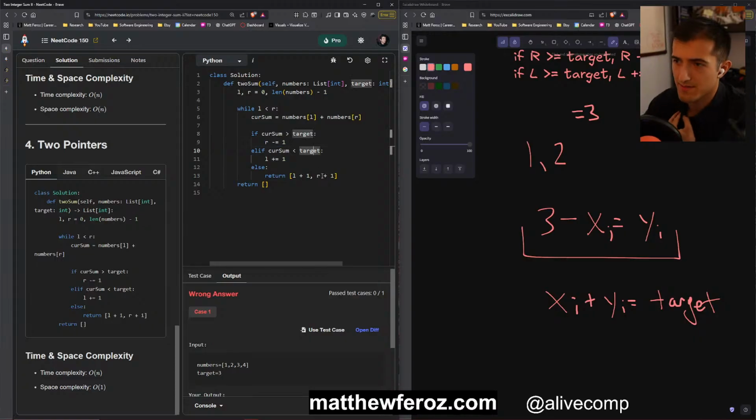If the current sum is greater than the target, and notice that we start with R being the first one, because we're just going to decrease R until we get to the point where it's less than the target, and then we increase L, the cur sum to the left, until it's greater. We start with R because if it's greater than the target, then we have to decrease R to be less than the target. And then once we get R to be lower than the target, we increase L to be as close as it can possibly be to the target. And then we return what the values are going to be together.